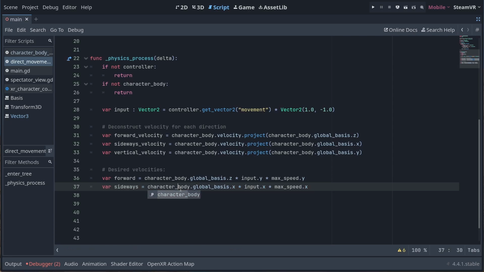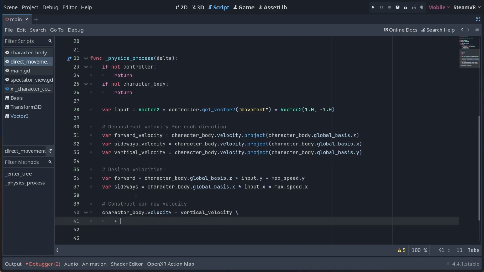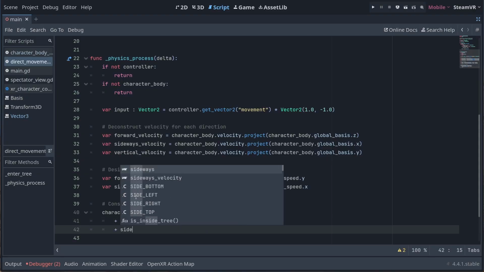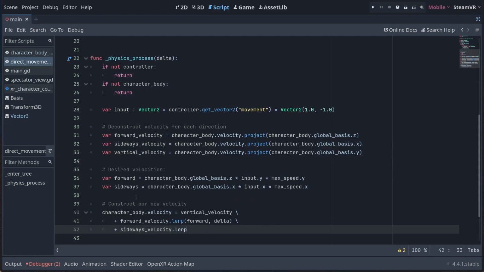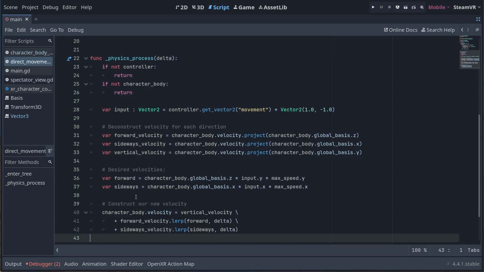Finally, we construct our new velocity by taking our current vertical velocity and then lerping the forward and sideways velocities to our desired velocities. The lerp ensures we have a smooth transition to the new velocity. This is again a choice that may not be valid for your use case.